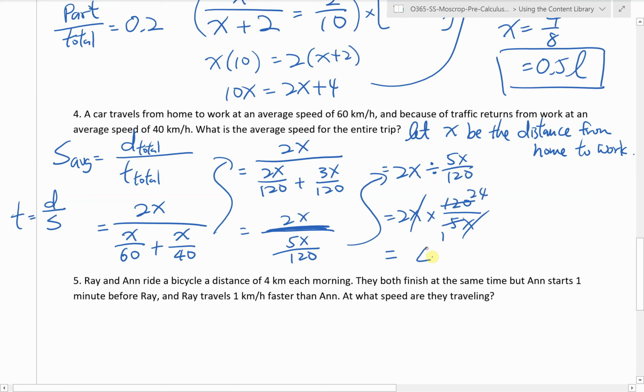So at the end, the average speed is actually 48 kilometers per hour, which again makes sense because 40 does take on more weight. So the answer should lean towards 40 kilometers per hour, a little bit more than 60. Okay, so be careful. It's not 50, okay? That is a misconception, okay? Anyways,